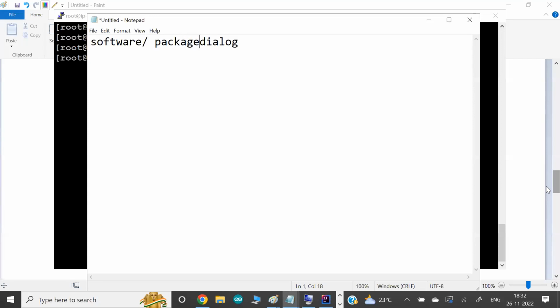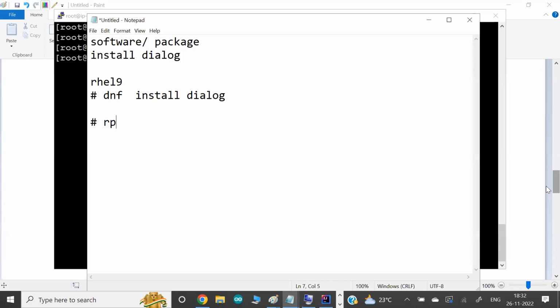So my plan is to install the software. Because I know a little about Red Hat 9, I know the command is yum install, or maybe dnf install, Dialog. To check whether the software is installed or not, we can query.